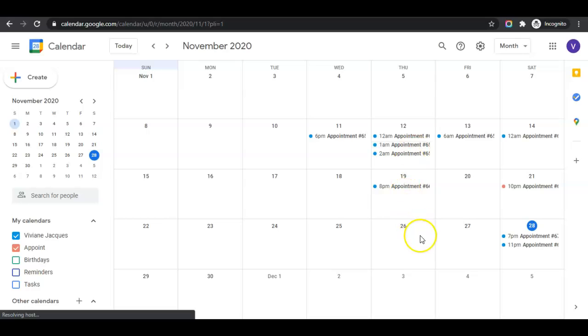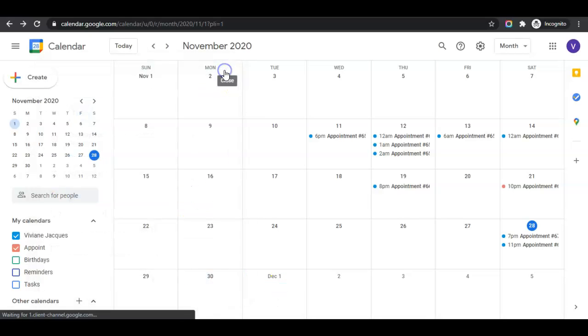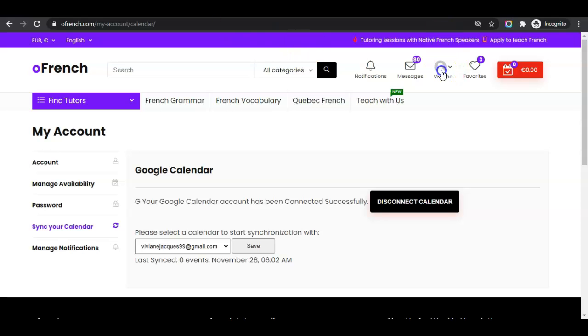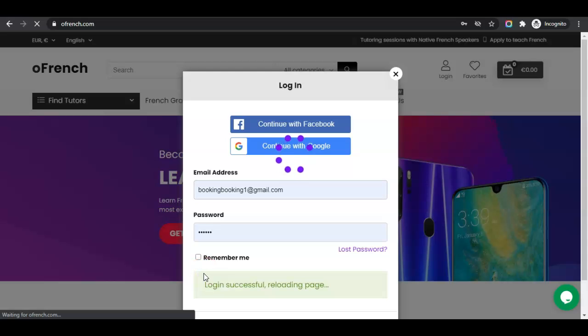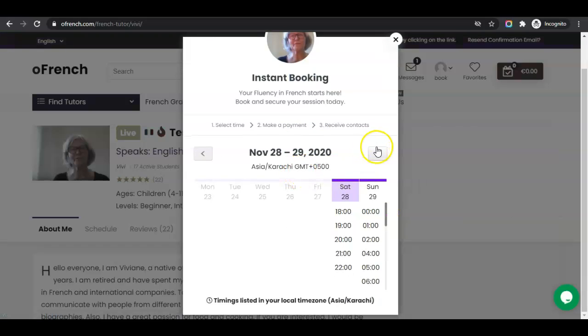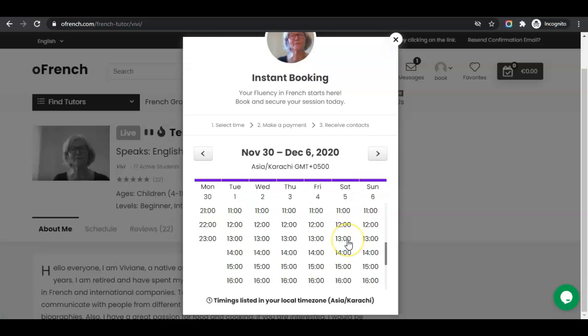As you can see, we have previously appointments here, so there is no appointment on December, so we will create an appointment with this tutor on December 1st, so that we could test how these appointments work. Let's log in with the test student account. Book. So let's go to December 1st, and we will go for